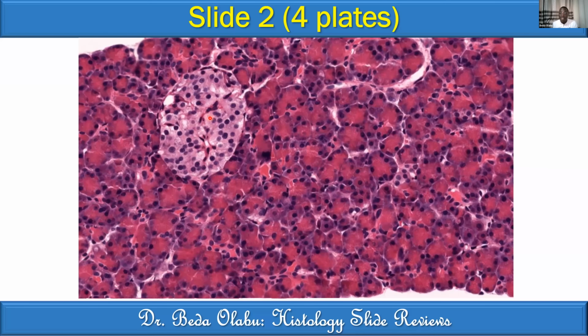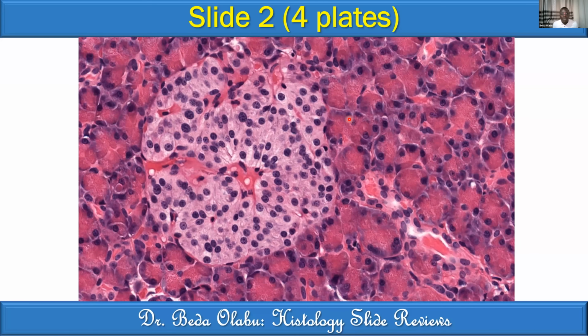You can describe the cells as being ovoid or spherical. And we also have serous acini. These are the serous acini. Look at that. These are acini. You hardly see the lumen, but you can see cells in the periphery. The highest magnification I've given you confirms one last thing,